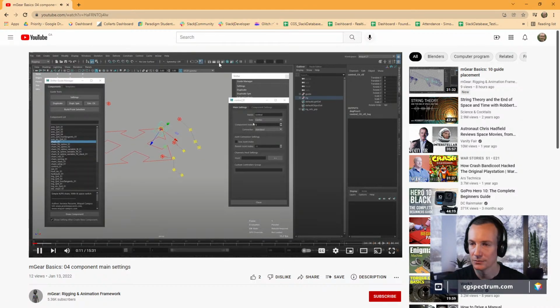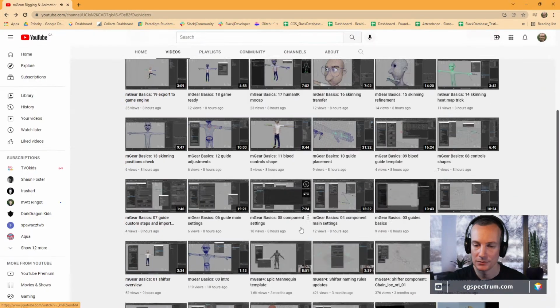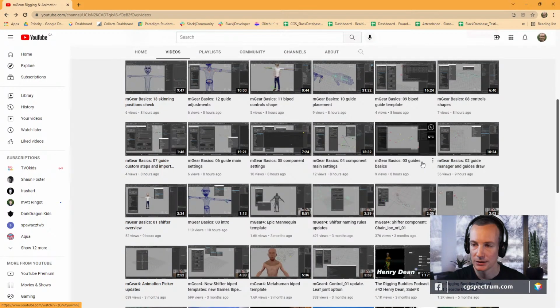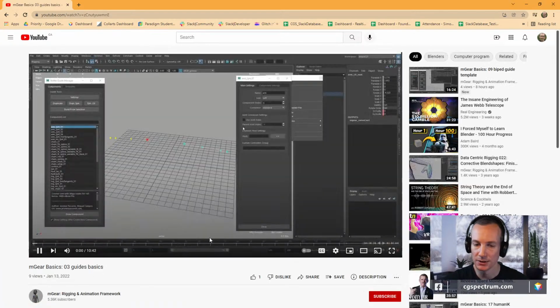So nope. The main settings are the ones that are... What was that? 4? Shifter, intro. Okay, so shifter, guide manager, and draw basics, guide basics, component main. It's got to be guide basics. Let's see more details about the guides.